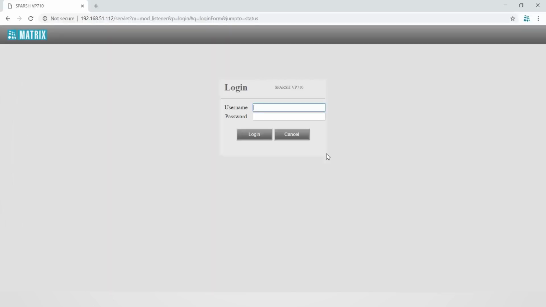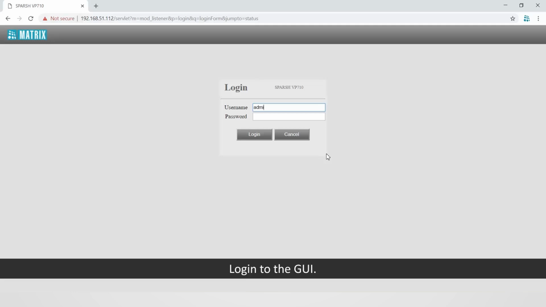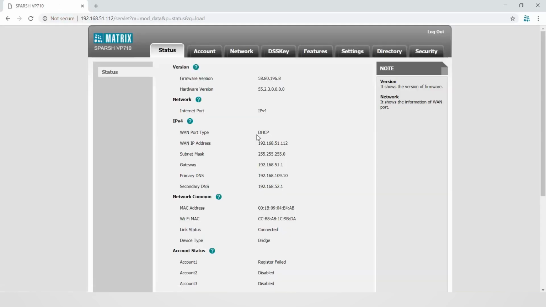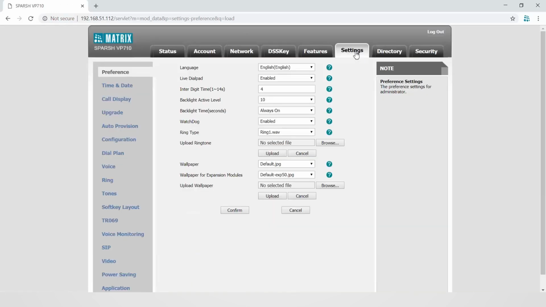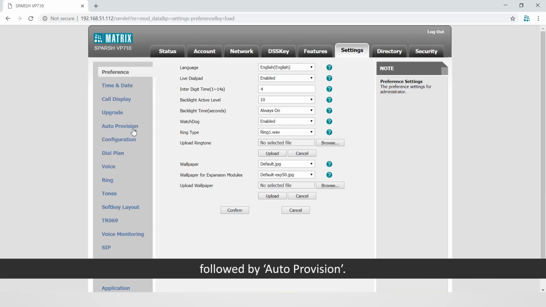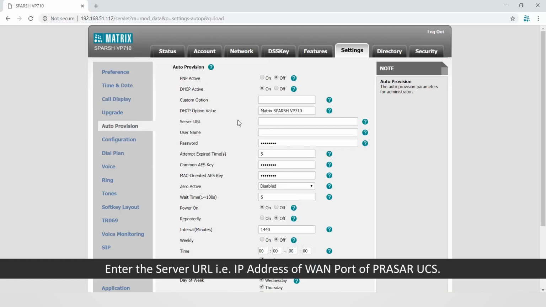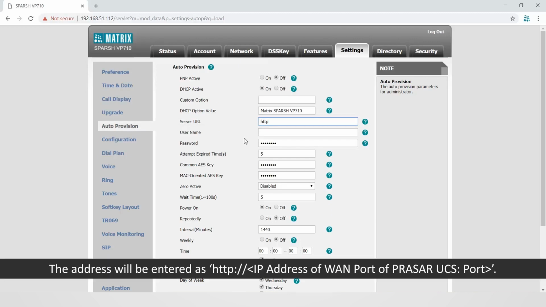Let us see the auto-provisioning from phone's GUI. Log into the GUI. Go to Settings, followed by Auto Provision. Enter the server URL, that is IP address of WAN port of PRASAR UCS. The address will be entered as